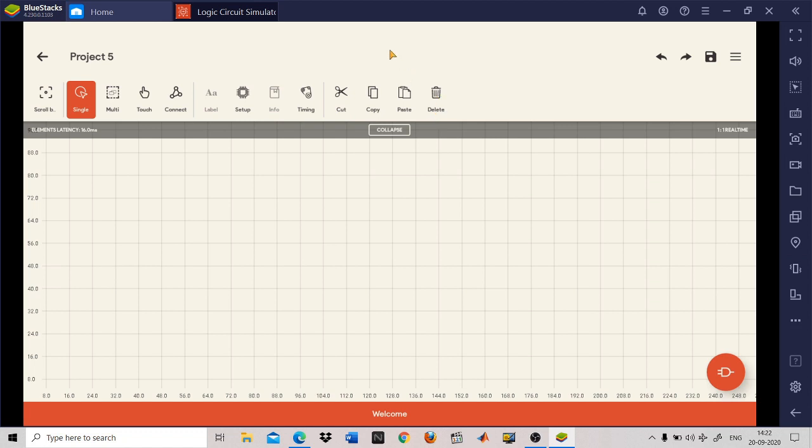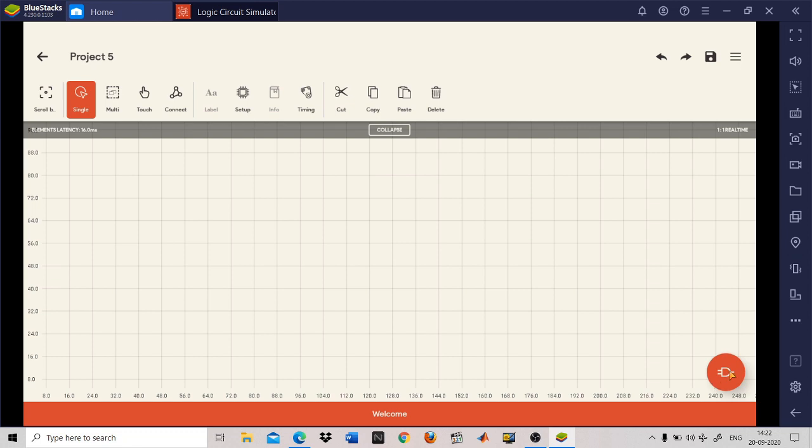Now before starting with any circuit, you will have to drag all the elements from a library. Now in this Logic Circuit Simulator Pro, where is our library? Our library is there in the component tool. Now this symbol is for the component. Don't misunderstand this for an AND gate. This is not your AND gate. This is a component tool where you have all the components.